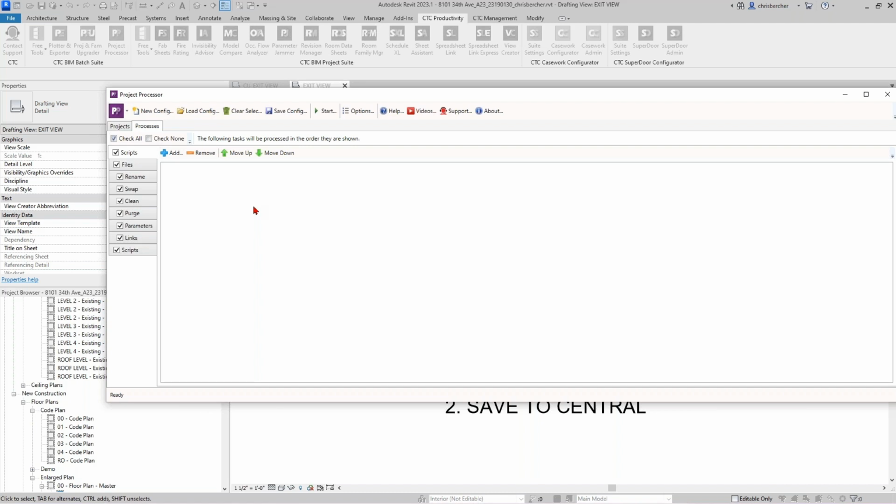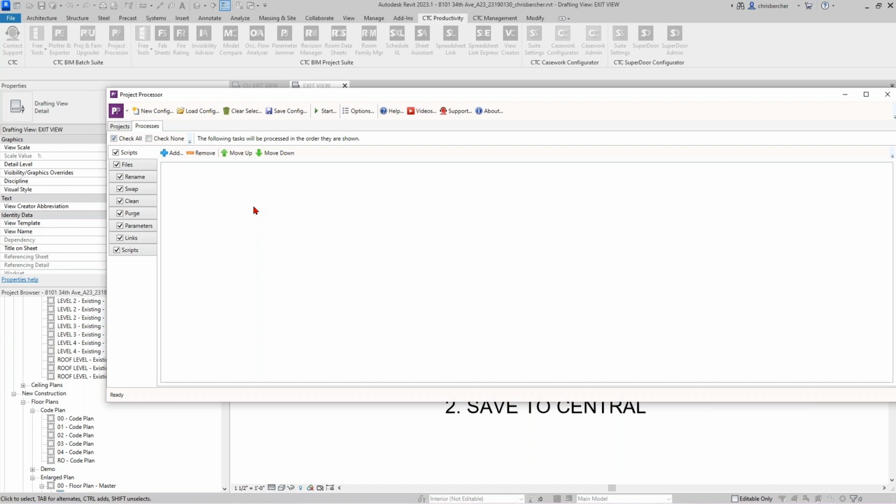We have swapping abilities, renaming abilities, parameter addition abilities, length modification abilities. We've merged features from a number of apps from the Manager suite and the Project suite into Project Processor, and even a feature or two from another tool in the Batch suite. We've put it all together, and now I can run them all at the same time